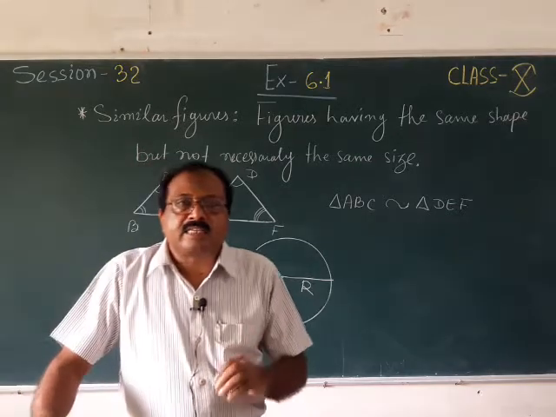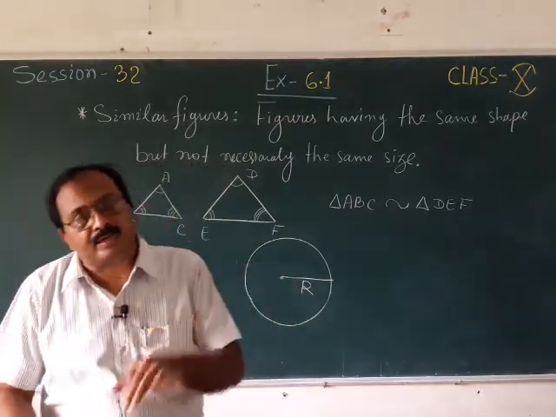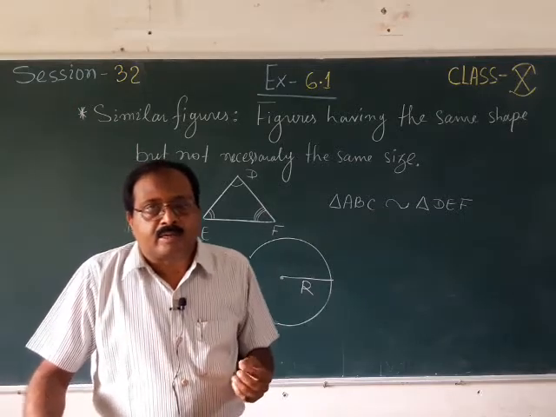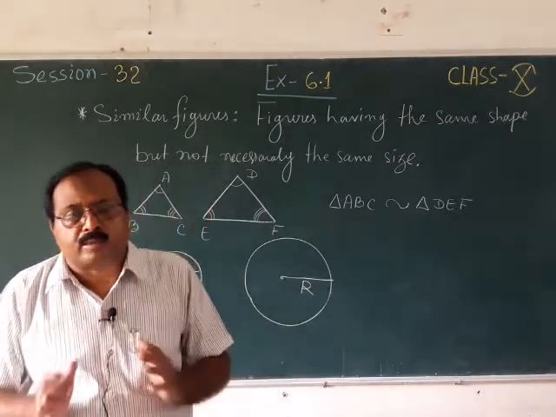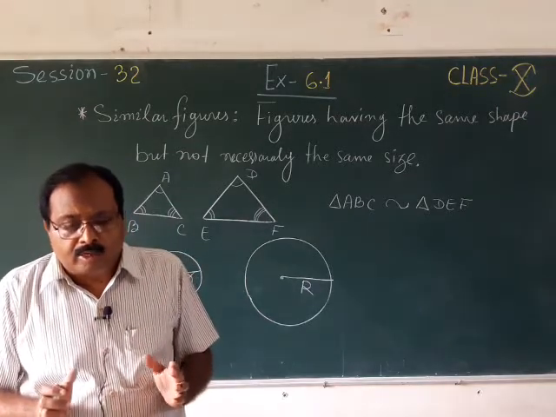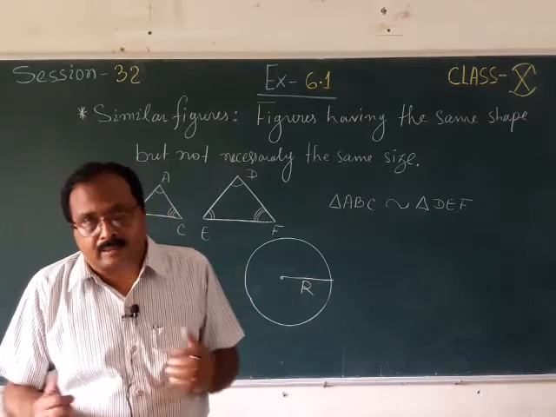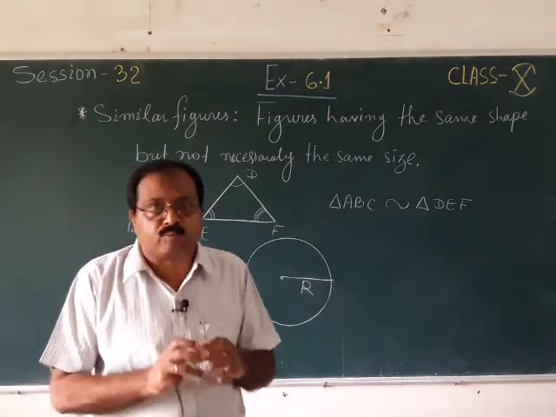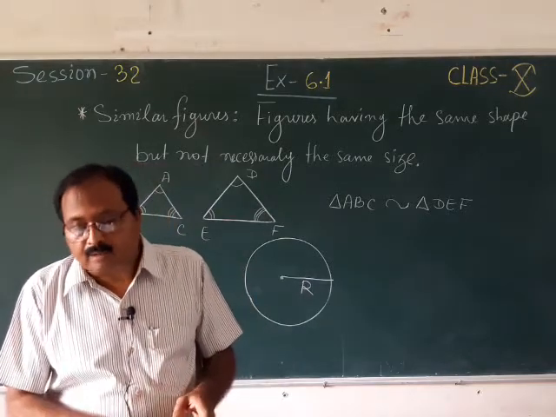A kitten is similar to a cat. A human baby is similar to a human. So there is no need to see the size, you need to see the shape only. If the shapes are the same, that means the figures are